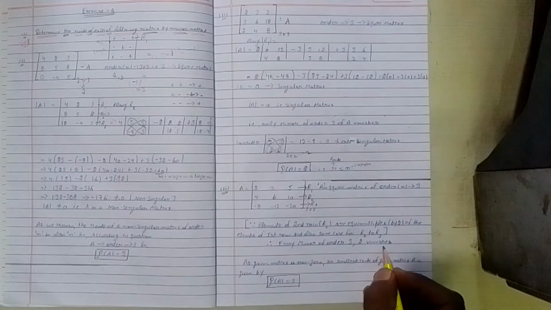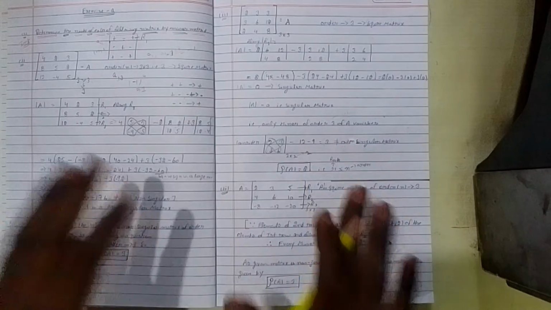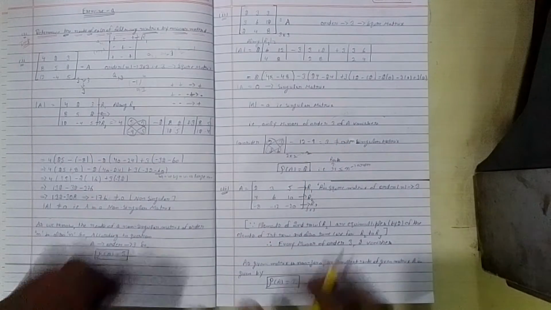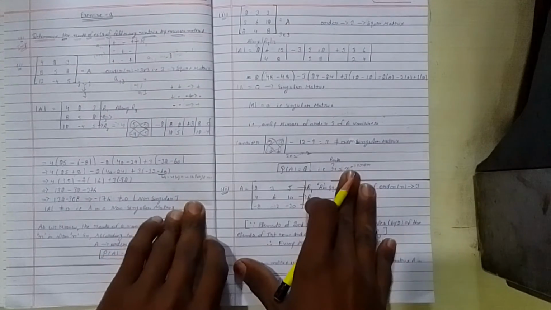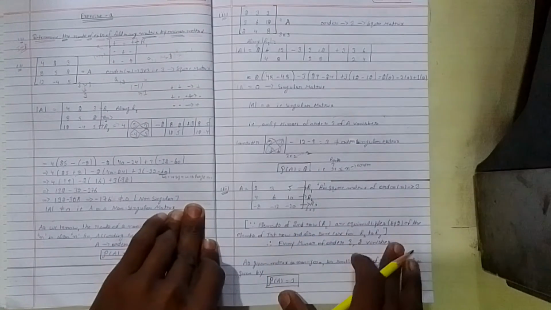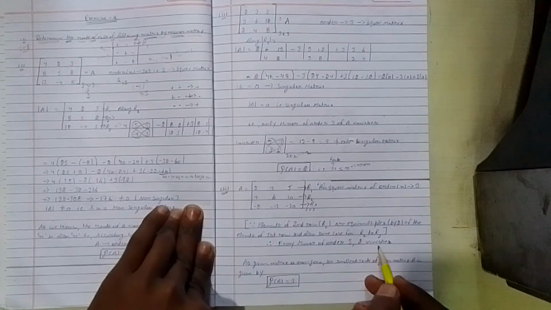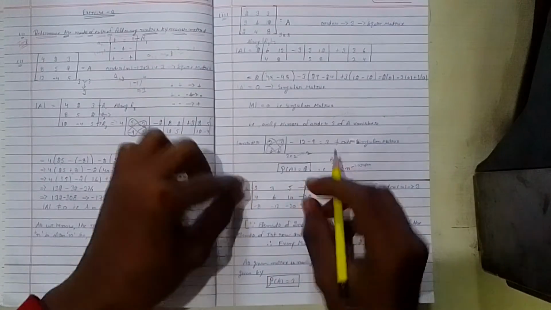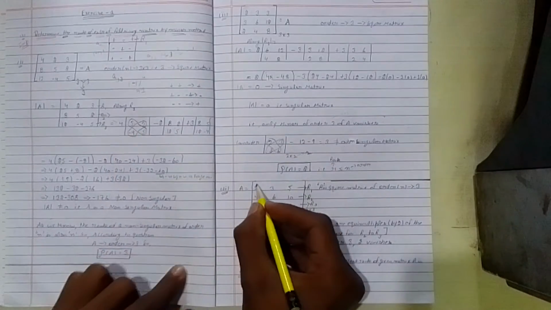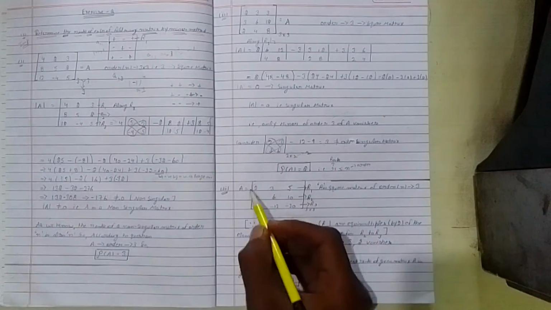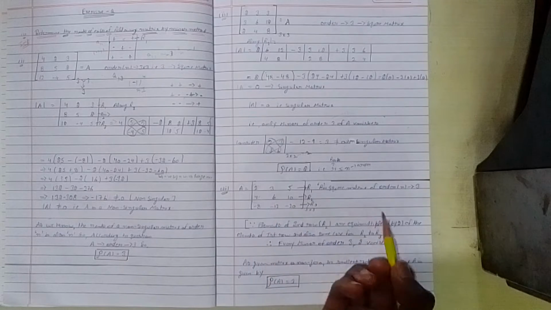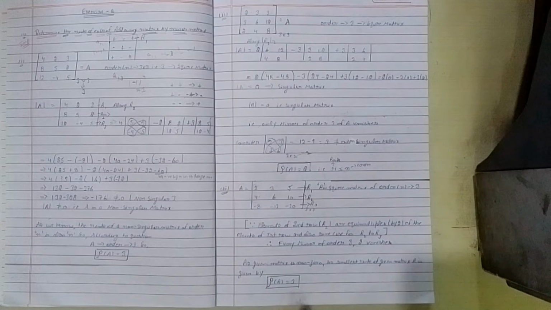Every minor of order 3 and 2 vanishes because they are identical. I write this as an important point so you can solve this question easily. So they are identical, that's why every minor of order 3 or 2 vanishes. If I take an order 2 minor, then it's also multiples, so order 2 minors also vanish, as the given matrix is non-zero.